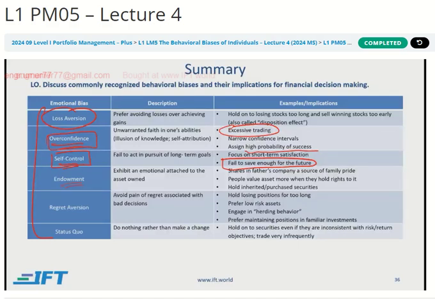The solution for that is you tell the client, would you buy this asset now if you had these funds with you in liquid cash, right? Regret aversion. This is the fear of making a mistake. And because of that, either we don't do anything or we just follow what everybody else is doing. So try to differentiate not doing anything from following the crowd, right?